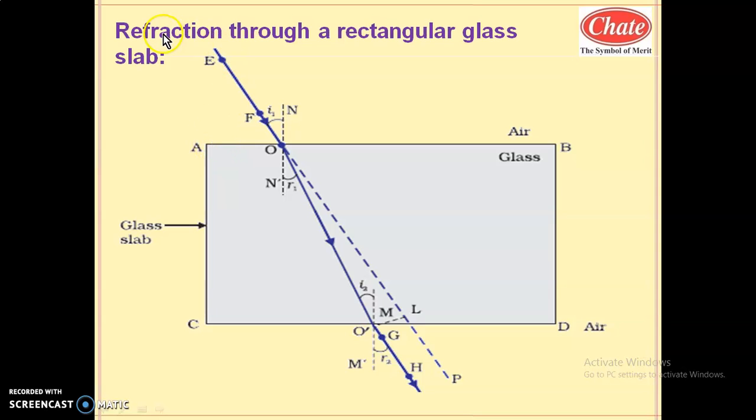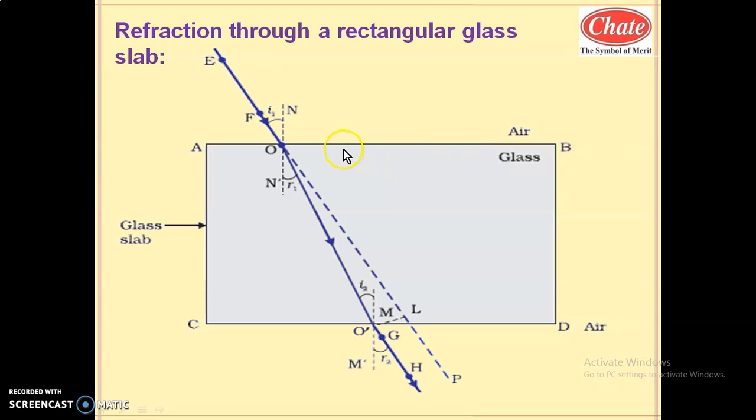Here we are going to study an activity related to refraction of light, and the heading of this is refraction through a rectangular glass slab. The slab is placed and its borders are marked, and name these edges A, B, D and C. This is side AB, this is side CD, this is side BD, and here is side AC. Now draw an oblique line to the side AB.